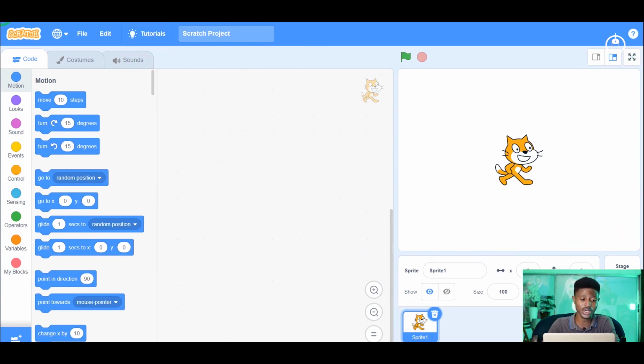This is where you can create your games. This is where you can create your animations. This is where you can create your stories. And I'm going to explain to you briefly what all of these functions are used for. Alright,